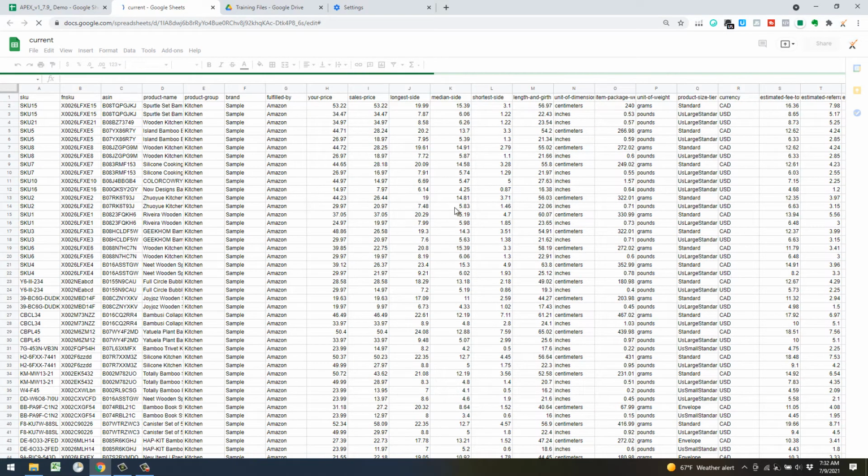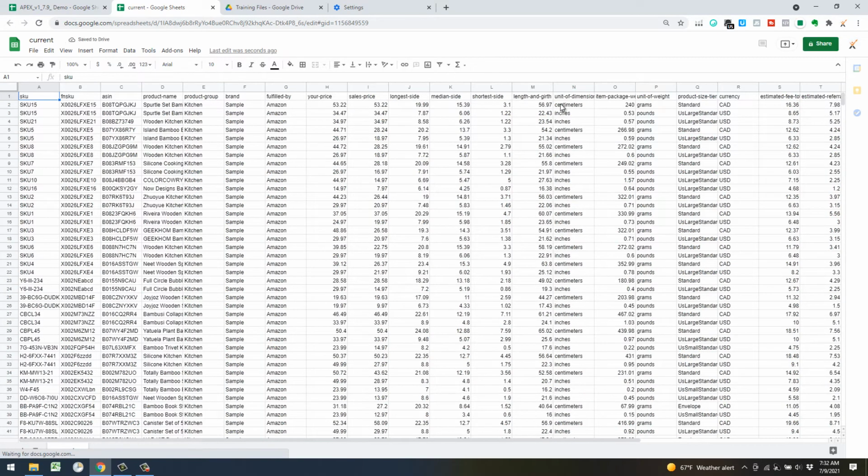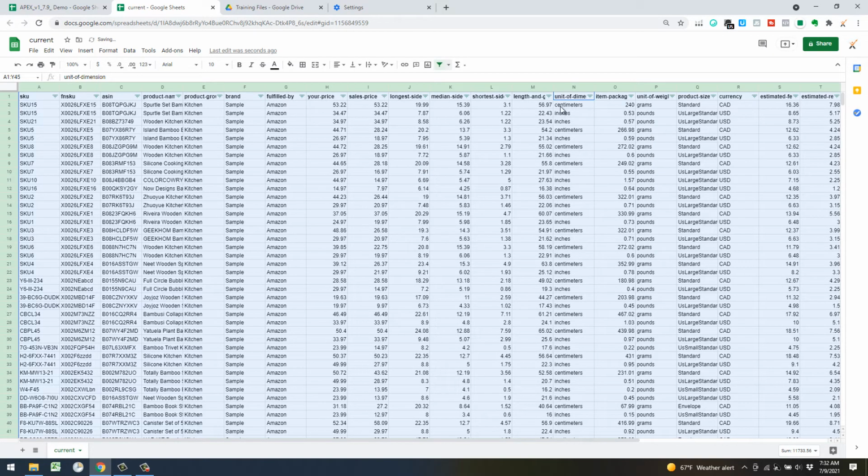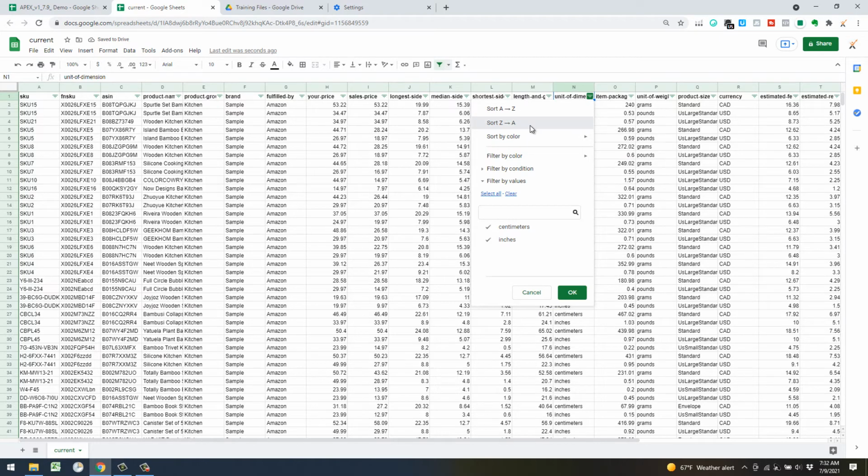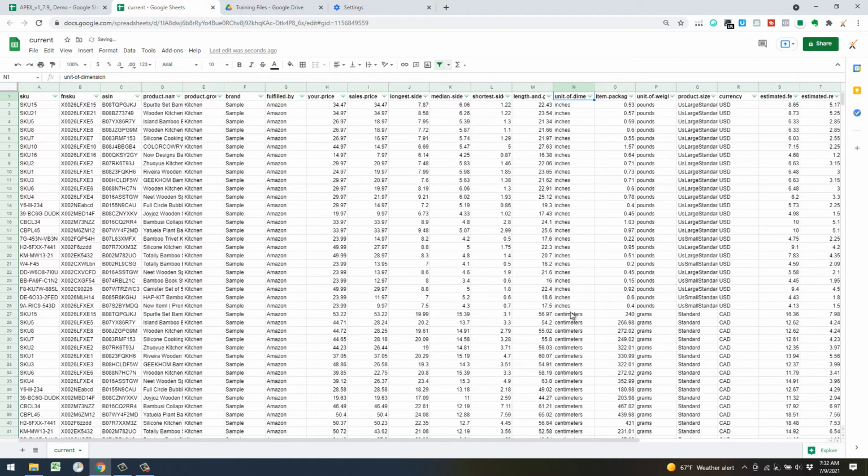Okay, so with this one, if you're selling in Canada, it's going to give it to you in both units. Here we only need the US info, so you can click once up in the header, click this little filter button, and that'll give you a filter at the top. Go ahead and hit sort Z to A, and you can see where it stops at inches and goes to centimeters. If you're not selling in Canada, you'll just have the inches, but you're going to essentially grab all of this upper level data